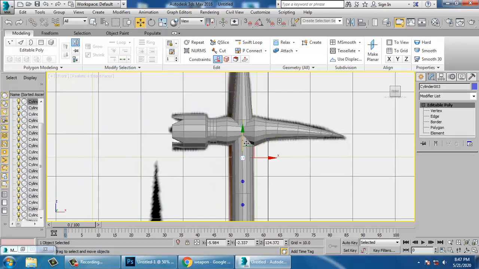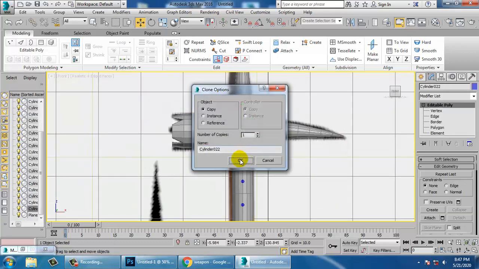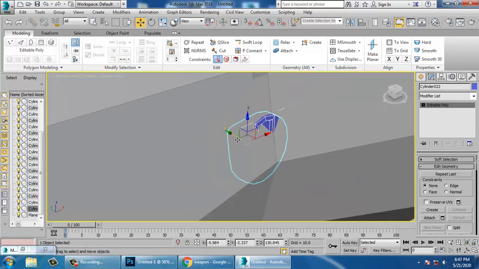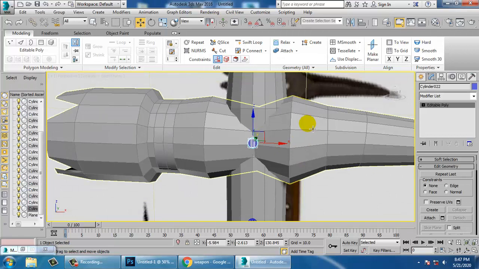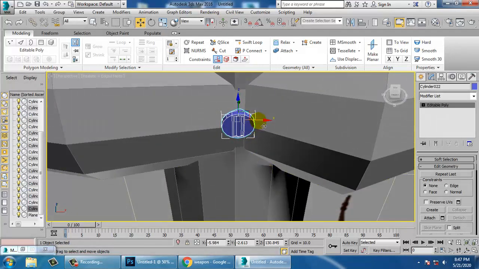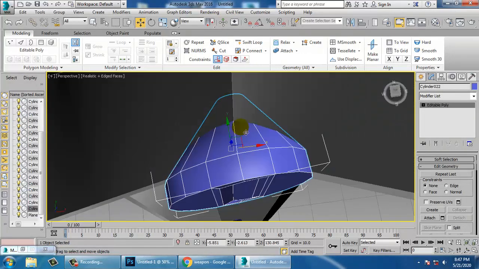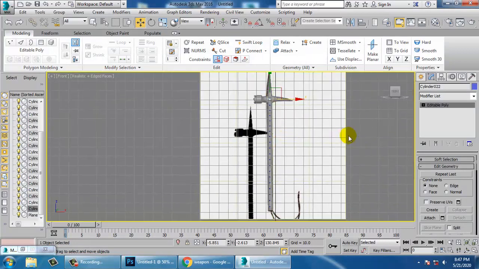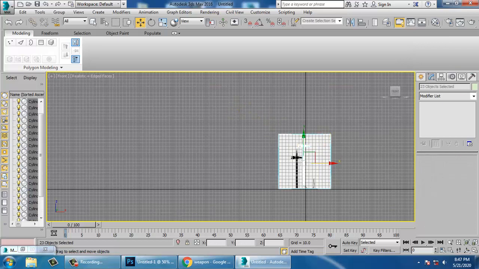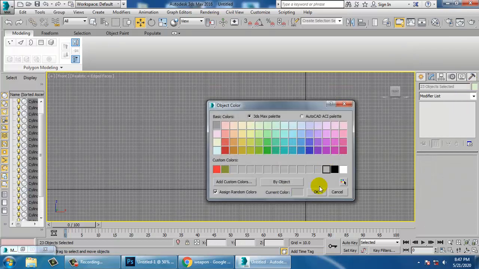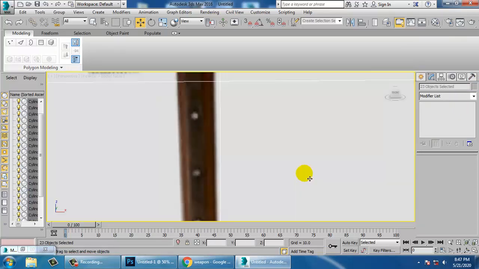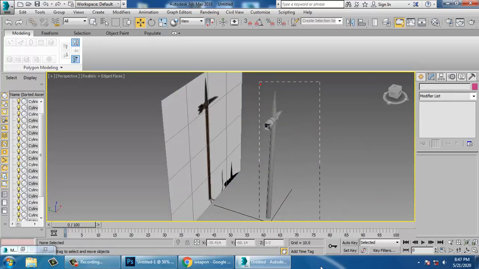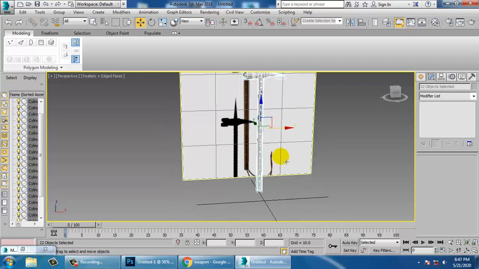You can just push this up. So that's it. Alright. You can just select this and let's give a color to it, and you can select this stuff and group it.